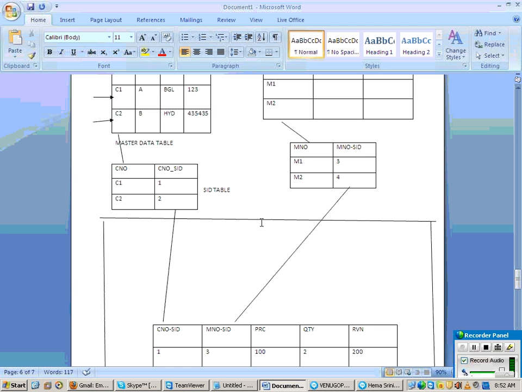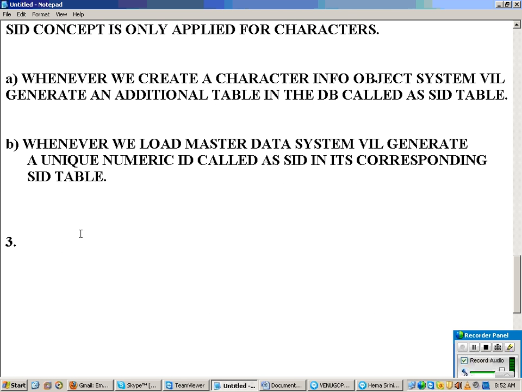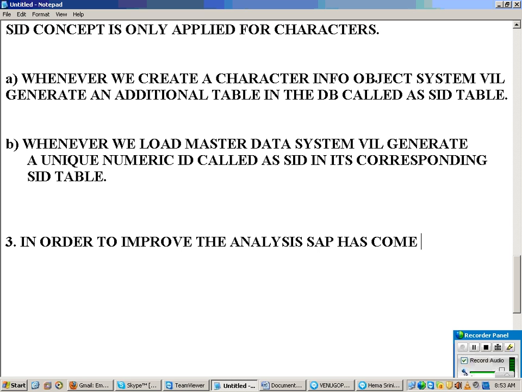Now what is the third point? In order to improve the analysis, SAP has come up with a concept called dimensional tables.